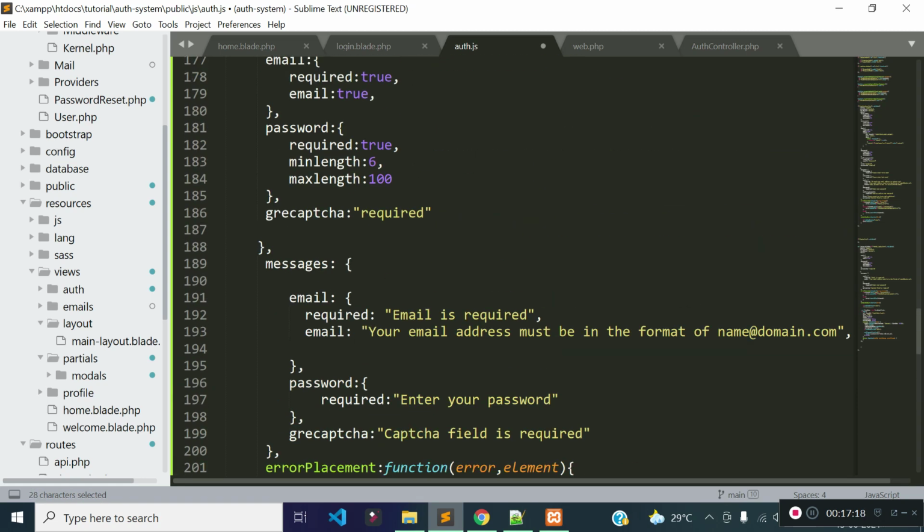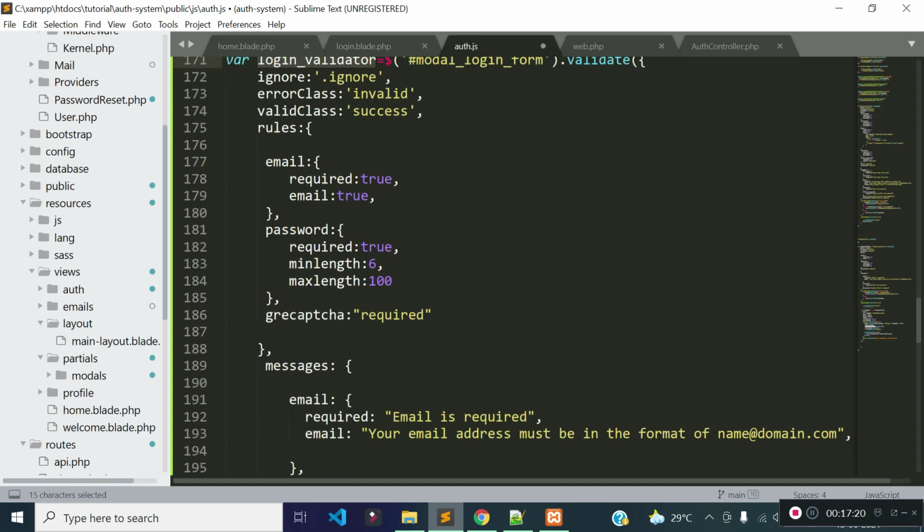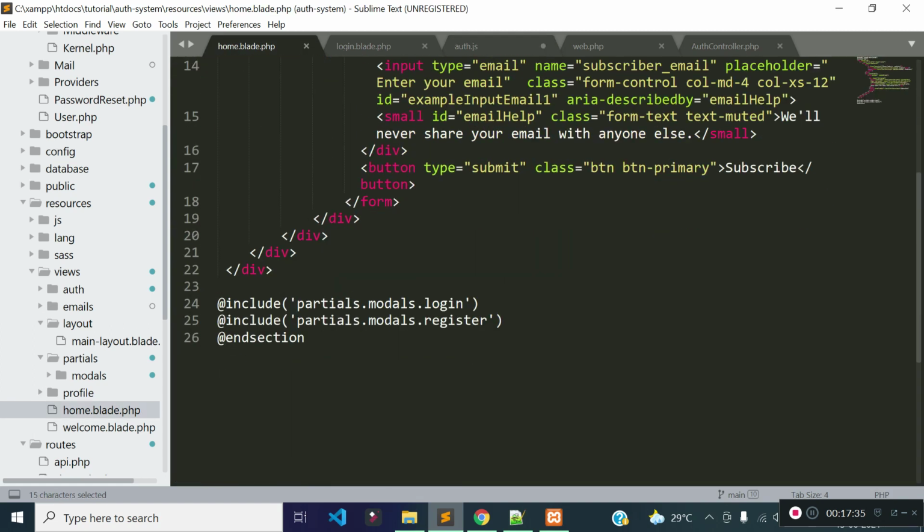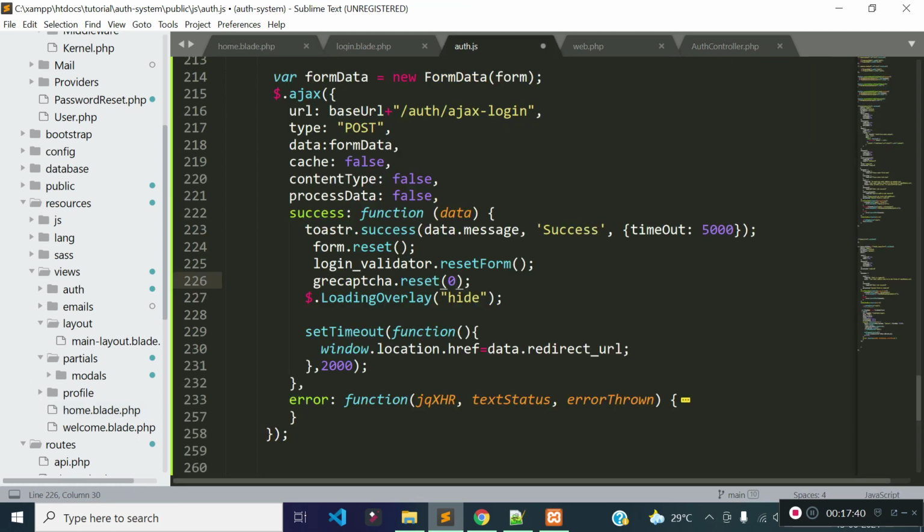That's why I stored this validator in a variable called login validator. I am also resetting the Google Recaptcha. There may be two Google Recaptchas. One is for login and another is for registration, because I added the login modal and registration modal in the same file. That's why there may be two Google Recaptchas.